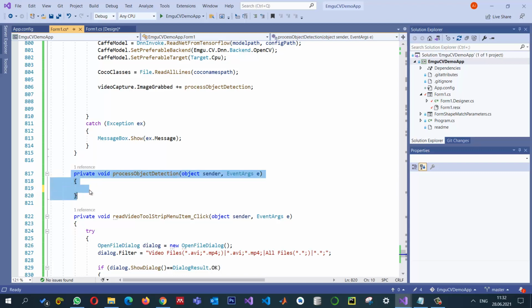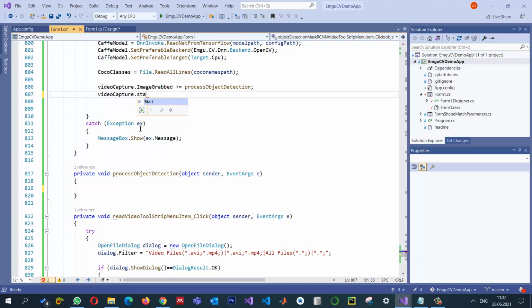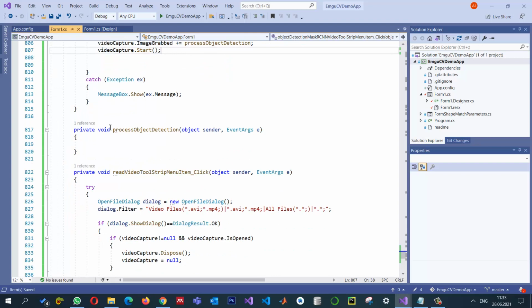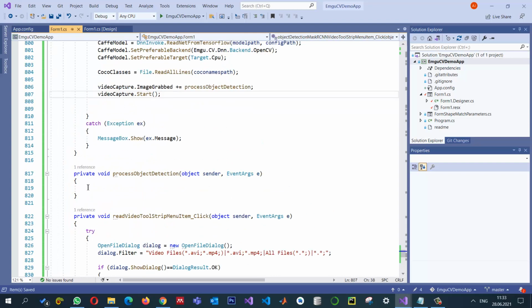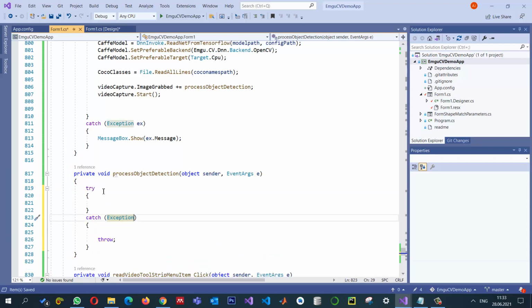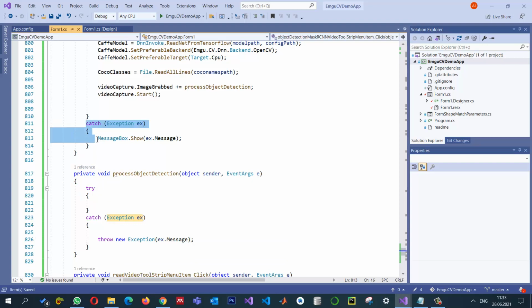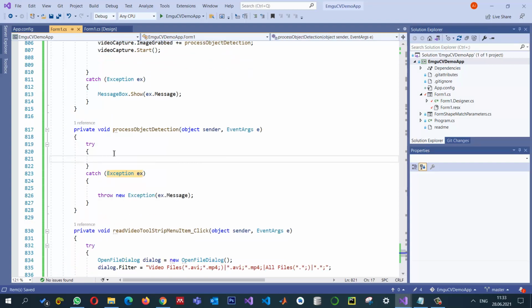In this method, we will detect objects for every frame, and after that we will call VideoCapture.Start. We can start capturing immediately. For every frame it reads, it will come to this method. I'm just going to write a try-catch, and I can throw a new exception with ex.Message. I'm throwing the error from here, and we can catch it here. I will keep reading the images